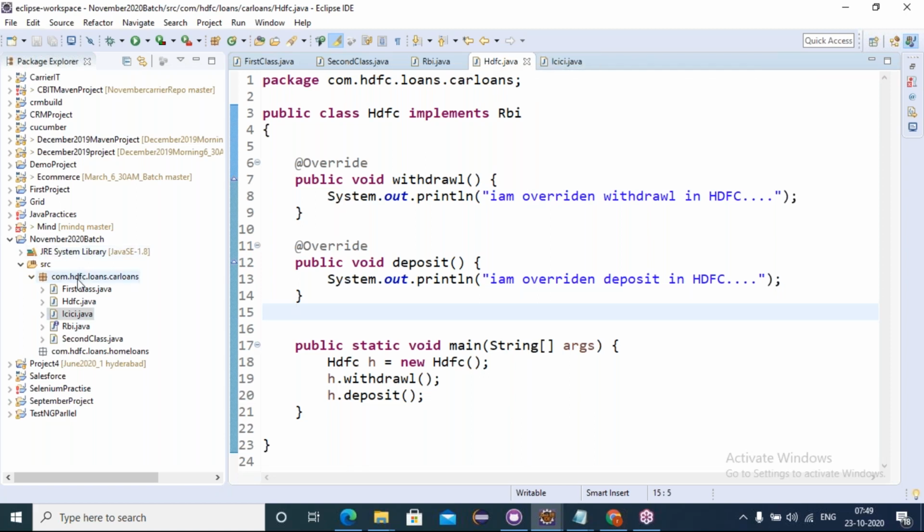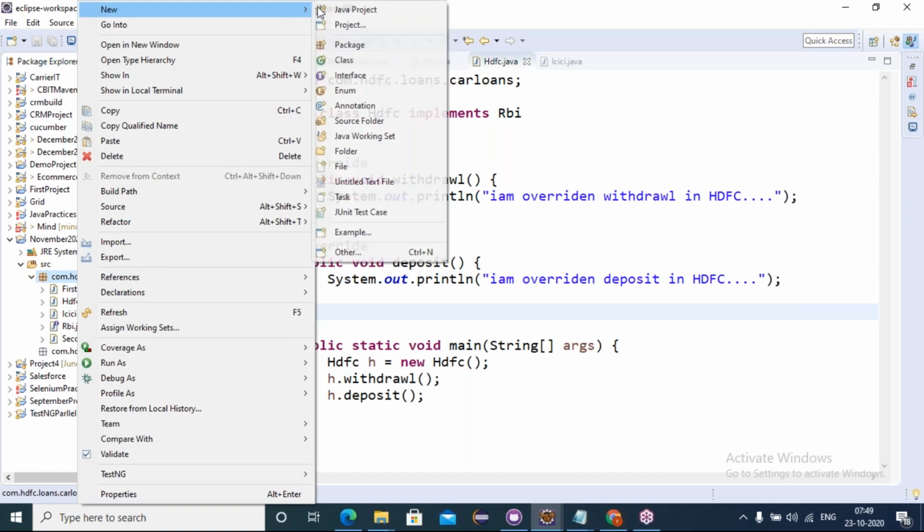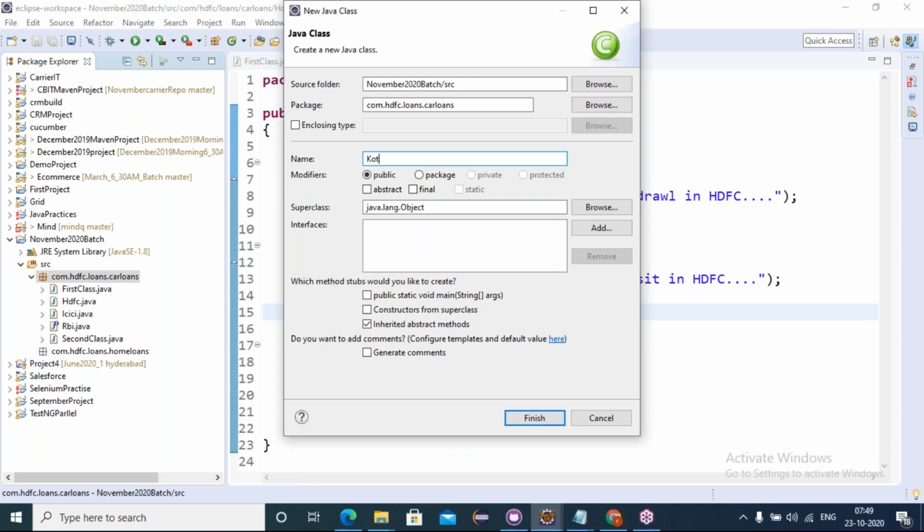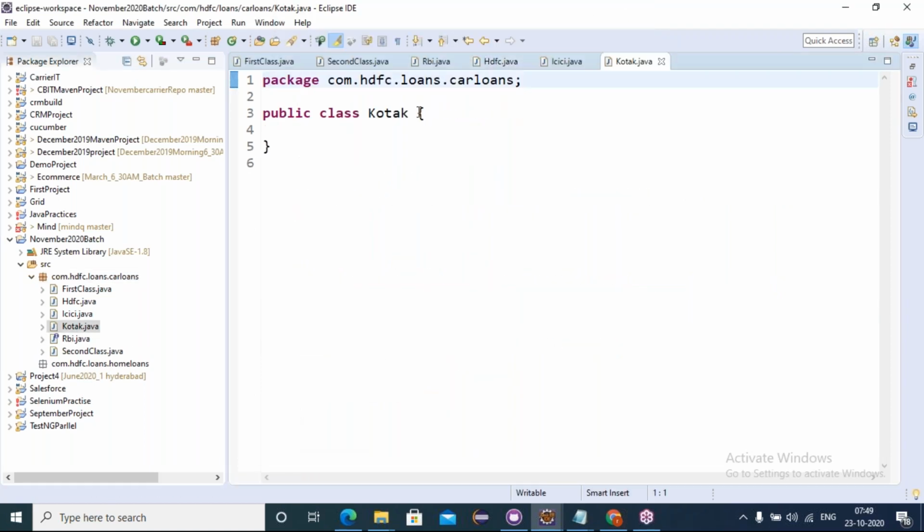Okay, let me show you one more scenario. I'm creating one more class, friends, like Kotak. In this Kotak, I want to implement, so I am doing implements RBI.